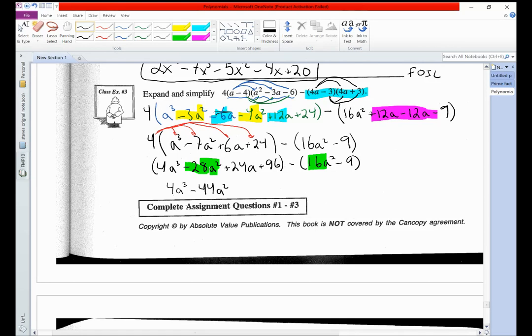And then we have a positive 24a, and there's no other a term, so we're going to leave that positive 24a. And then the last two terms, positive 96 minus 9, is going to give us,